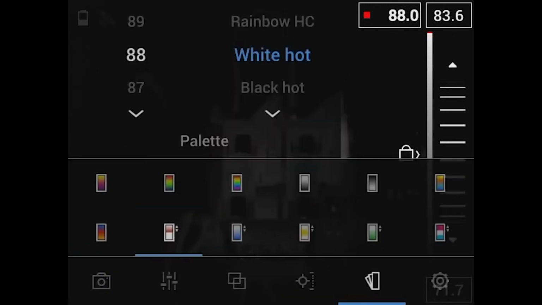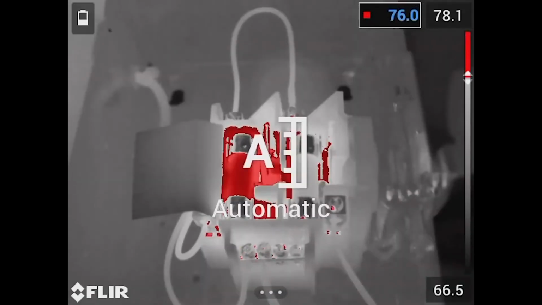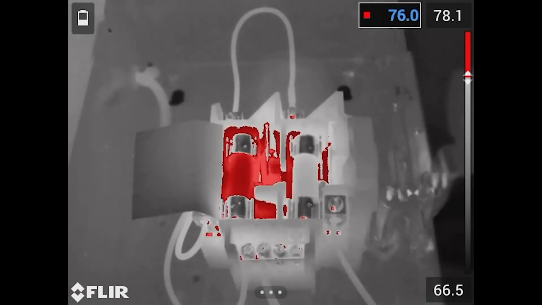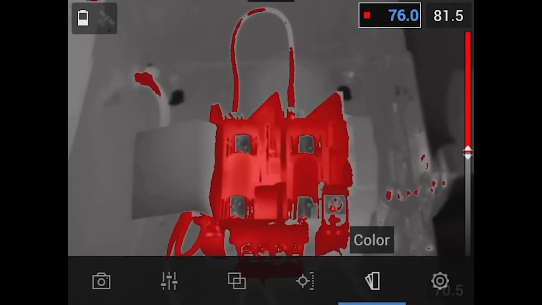Okay, everyone, let me go back here. I'm going to lower the limit, right? So let's lower that. And you'll notice in the background, you'll start to see the red come into the field of view. So I think that top limit was around 79 degrees. So let me go back out, go back to auto. So what we're showing here is everything in red that you see on the image is 76 degrees Fahrenheit or above. So really nice when you go into a target and you want to be able to say, hey, I want to see anything that's above a certain threshold. This allows us to go ahead and do that. So another nice feature built into the camera system.